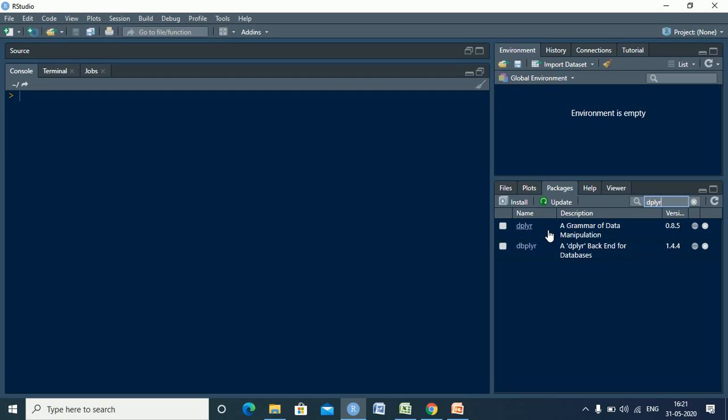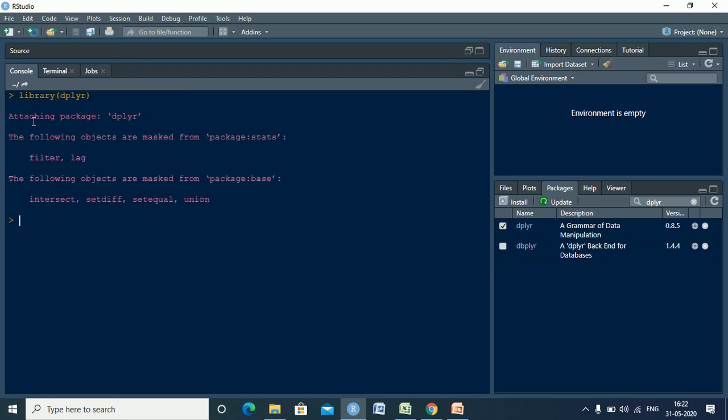That can be done in two ways. Either you click a checkbox over here, which means you're now going to use the dplyr package for your data analysis, or in your console area, just type library and the name of the package that you're going to use.